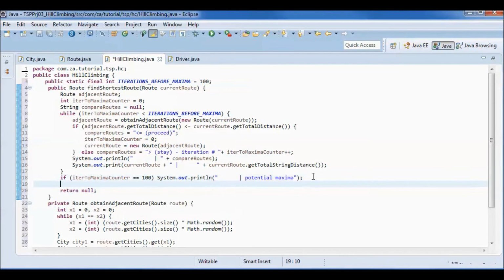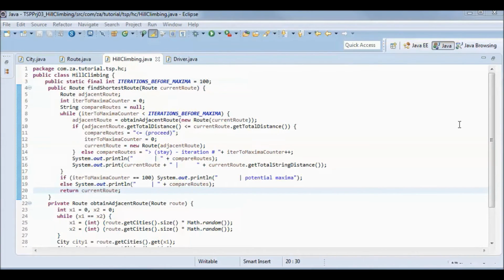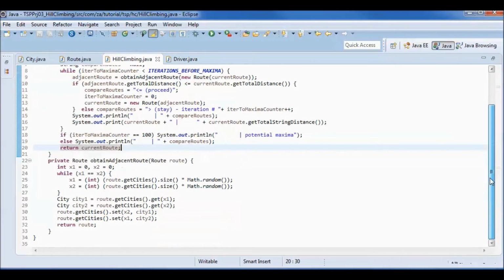Otherwise we print out what is returned by comparing adjacent to current route, and let's return current route. So this does it for this class.